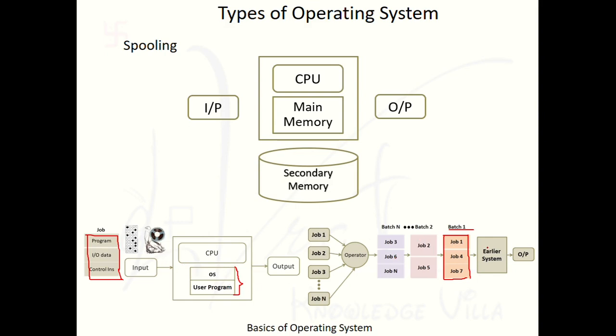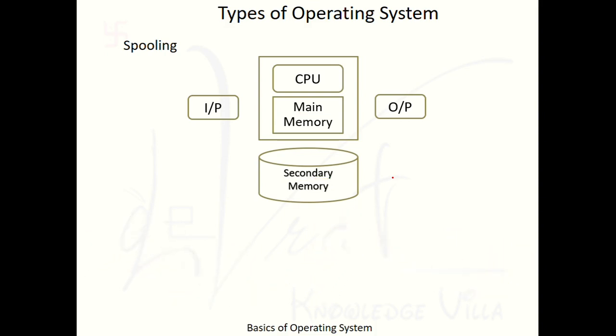In the earlier system and batch operating system there was a common memory, but right now in spooling there is a separation into main memory and secondary memory. Let's see how this separation works. The first property is better memory. It means here we have divided the tasks of memory. Secondary memory is used for storage purposes and main memory is used to run or execute the program.